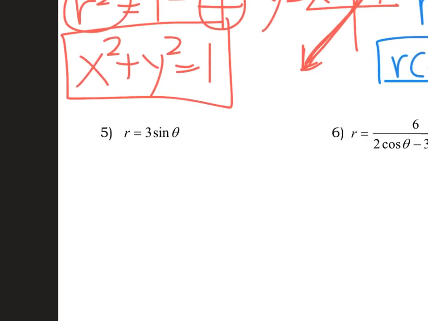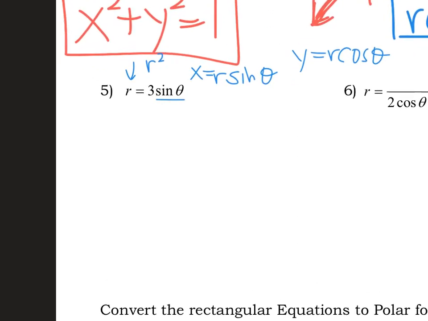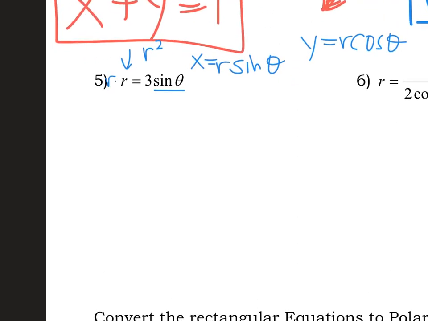Here we go, number 5. Now, whenever we see a sine, we really want an r sine theta because that's what y is. Whenever we see a cosine, we want an r cosine theta. Also, whenever we see an r, we really want to have an r squared. So here's what we're allowed to do. We're allowed to multiply both sides by r because r is the radius of a circle, and the radius of a circle is not 0, never 0. So we're allowed to multiply by r because it's not really a variable. Well, it is, but it's not going to be 0. So let's multiply both sides by r,